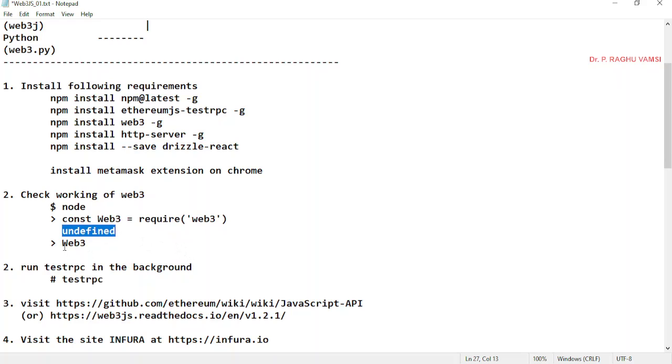If it is undefined, that means you are assigning the instance of the web3 API to this capital W Web3 package object. Now just type web3, and automatically it will print the JSON script of this web3 API.